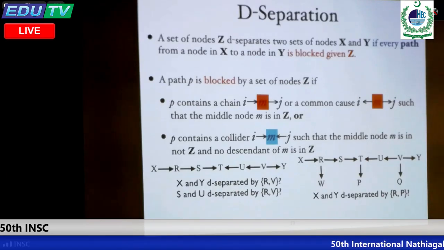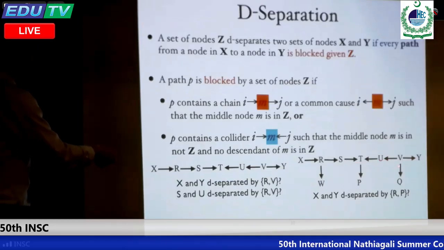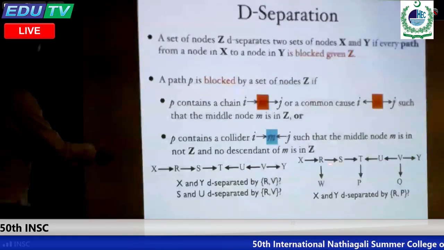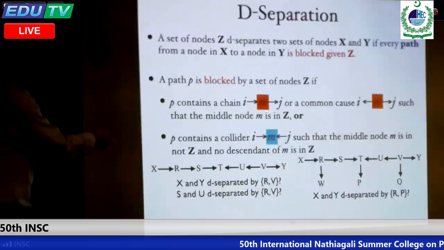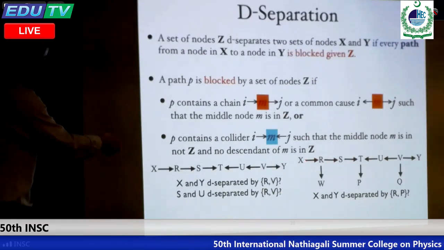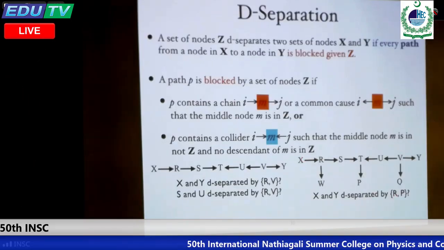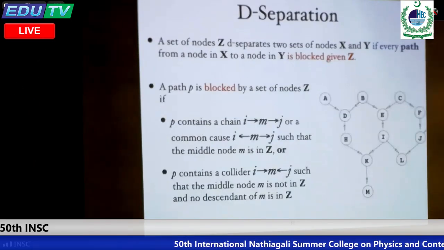Let's just apply, wow, time flies. Let's apply the criteria. X and Y, d-separated by R and P, yes or no? The middle node, the first condition holds true, right? Because this node R is a middle node and R is given, therefore the path is blocked. So just apply this. Good, I'll skip this part; you can see more examples.